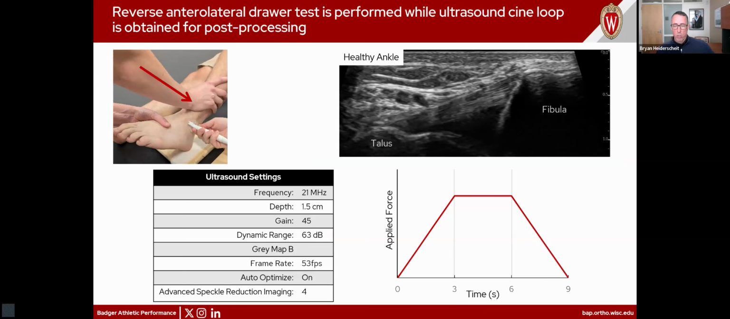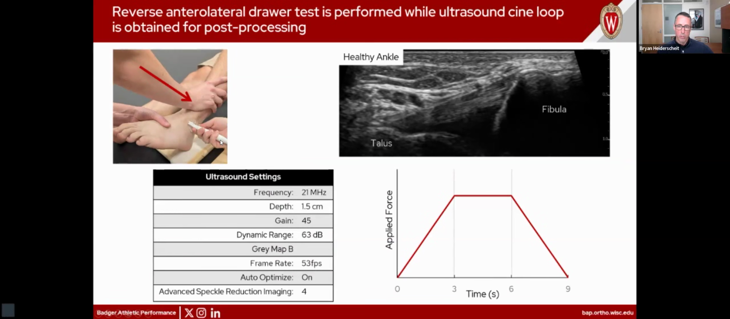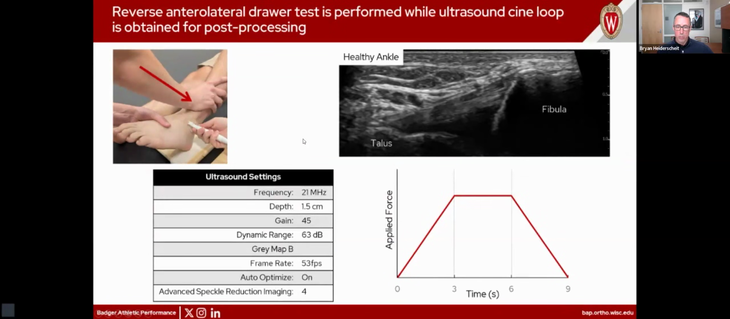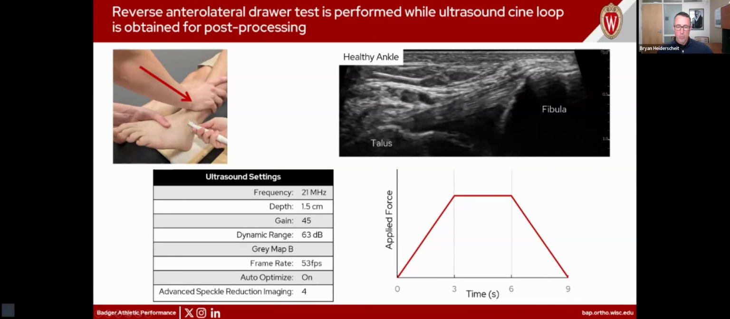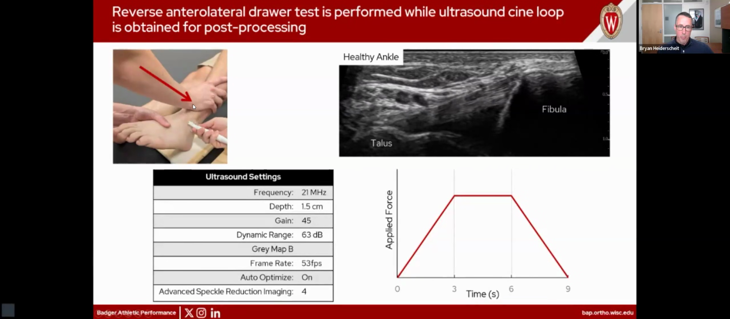So what does this look like? The upper right is showing you a cine loop that's recorded during the reverse anterior lateral drawer. You can see our ultrasound settings on the bottom left that we traditionally use. We capture at a frame rate of 53 frames per second during the cine loop, and we apply the examiner